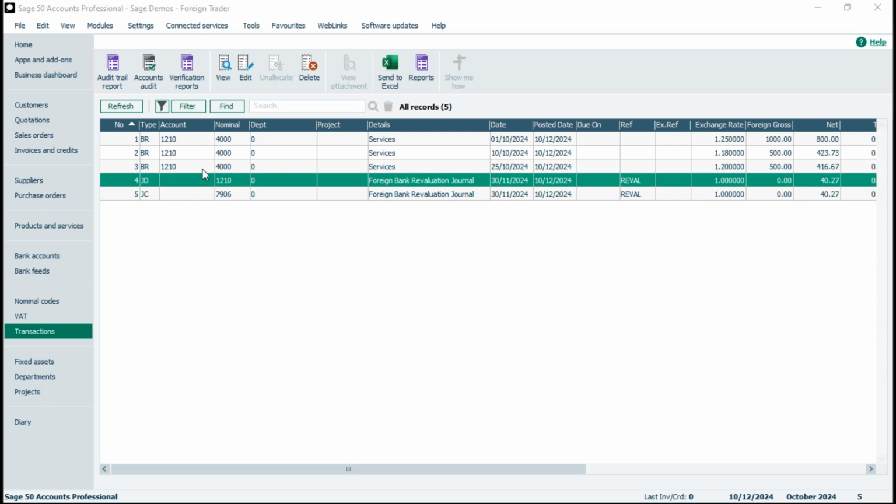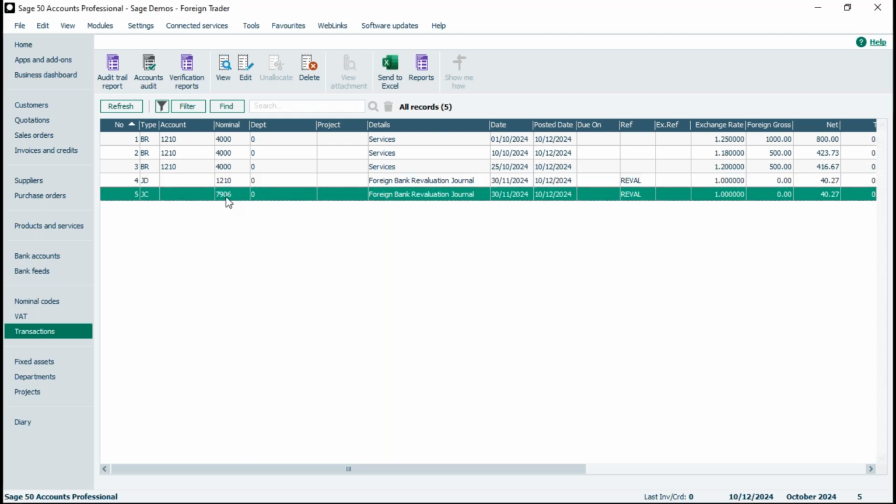Right, so this journal, it's almost like that additional invoice that was posted earlier. It's the revaluation transaction, so it's done it against the bank. It does it as a journal between your relevant foreign currency bank account, and again that's 7906, so it picks that up automatically and it posts that for